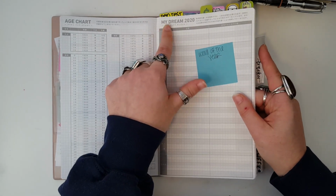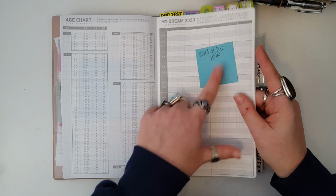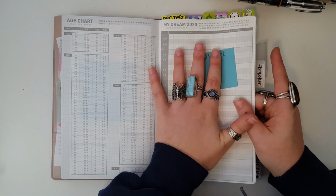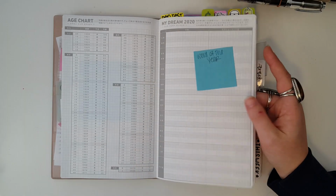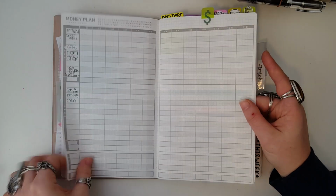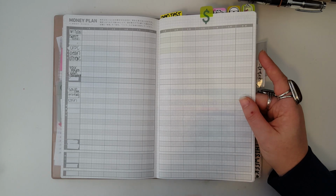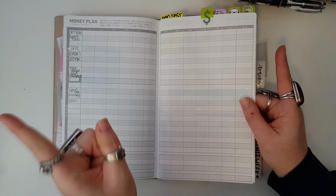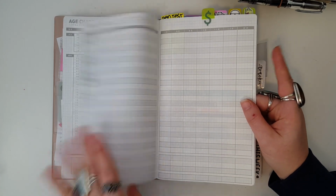This was my dream for 2020, so I'm going to put my word of the year here. I'm actually doing a mantra this year instead of a word, but that will go there. If you're curious what my mantra for the year is, you can go check out my Take 5 video for this month. I talk about it in there, and I made a little